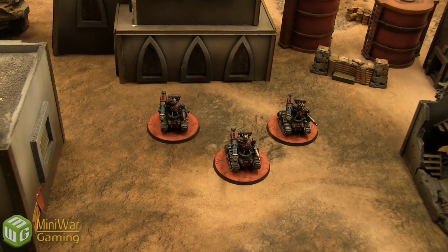Next up, we're going to look at the Cataphron Destroyers. Essentially these have the same stats as we looked at before, but they have 1 less save and 1 less attack. These guys are definitely going to be more for shooting, as they have much more